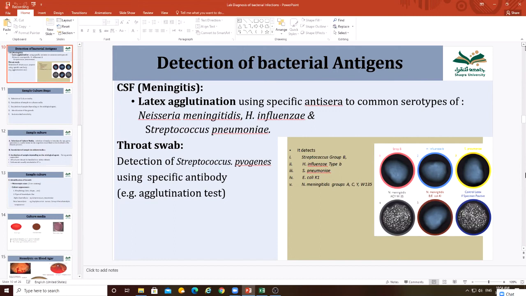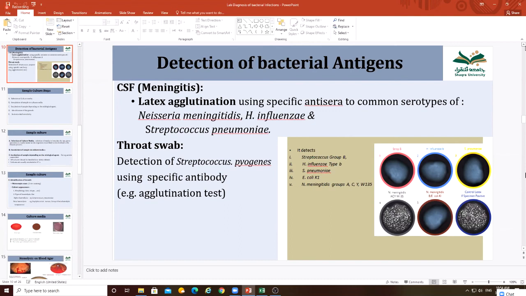I will take a sample from him. Sample is taken. Then what will you do with the sample? Do the steps for gram stain. If the number of bacteria is less in the gram stain, you are not able to see. But still you doubt that the patient may have the bacterial infection. What will you do then? If I can't see the bacteria in gram stain... No, you can see, but most of the time you cannot see the bacteria in gram stain. Only when the infection is severe, you can see.